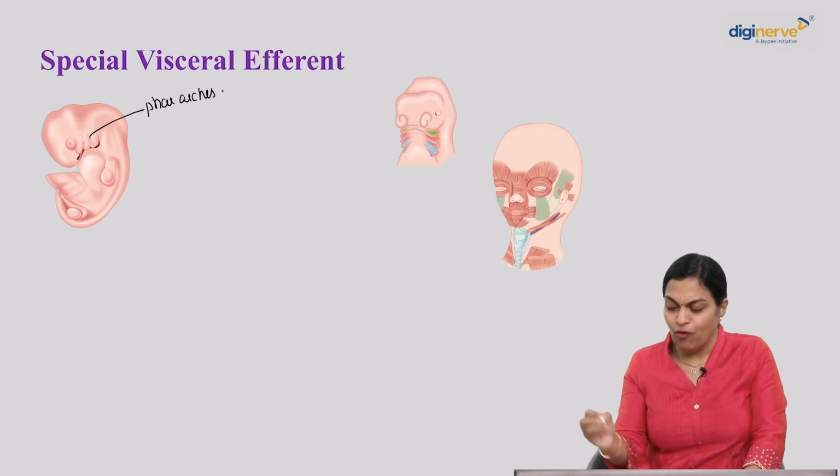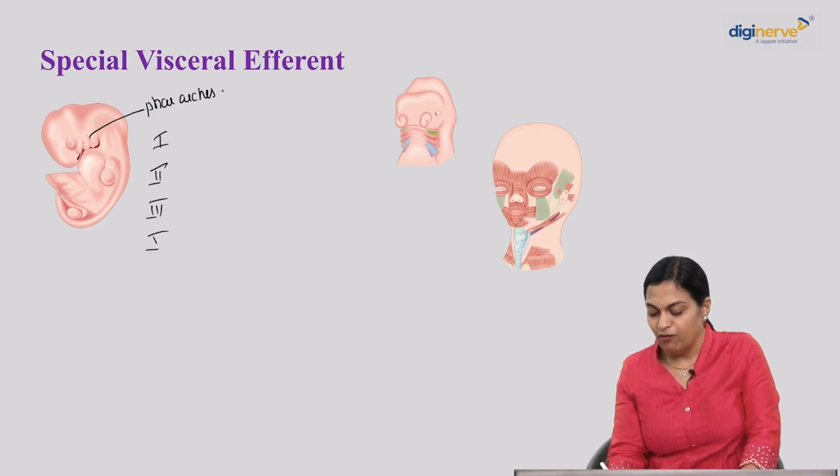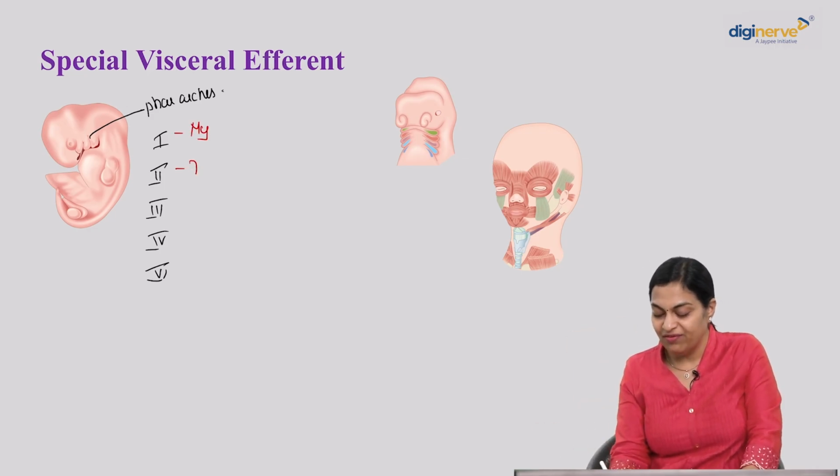So the nerve of the first pharyngeal arch, yes, 1st, 2nd, 3rd, 4th and 6th. I'll give you a mnemonic to remember. My face got very red. Yes, come on. M, the nerve of the first pharyngeal arches,